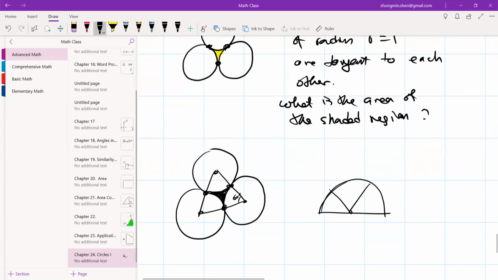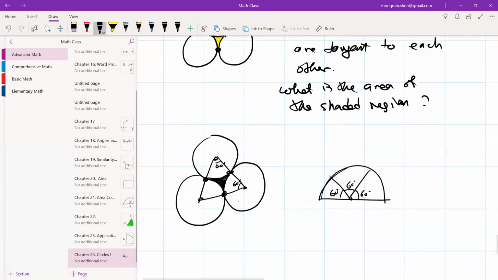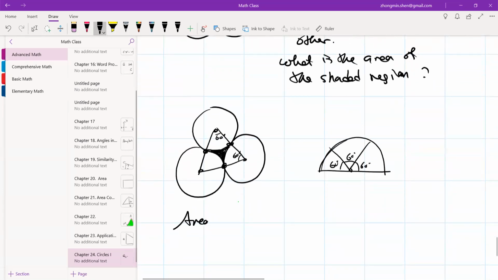60 degree. 60 degree, right? So 60, 60, 60. So just pi. Okay, so the area of the shaded